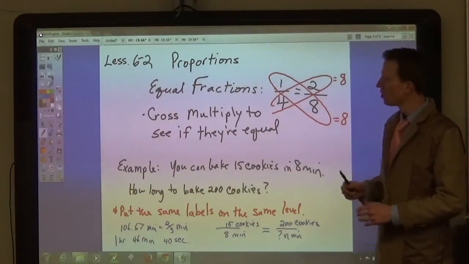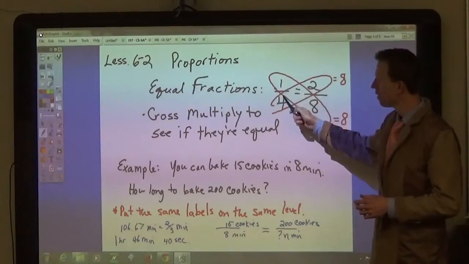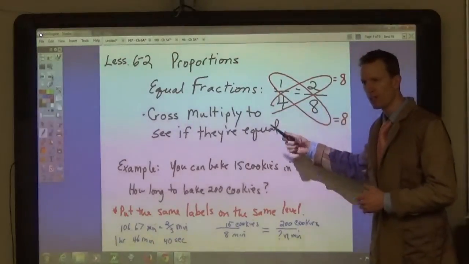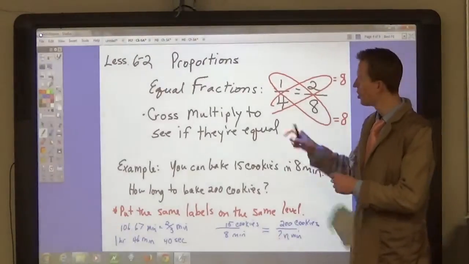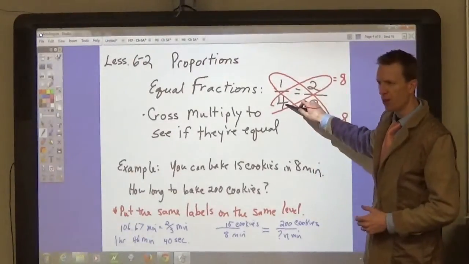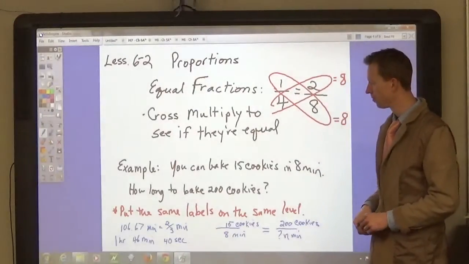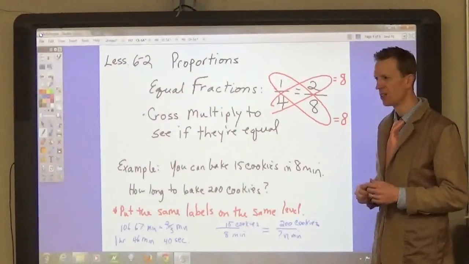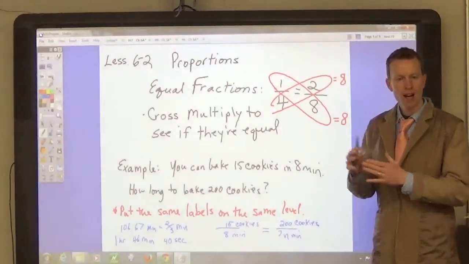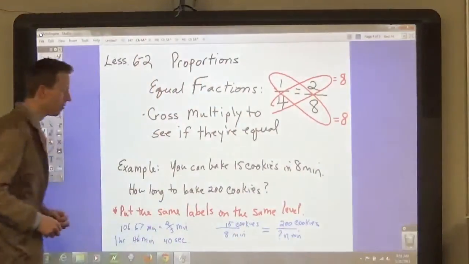Now, you can use this concept then, if you know what a rate is. We've been talking about rates and unit rates. A ratio of an amount to another amount, or an amount over time, for example. You can use this concept of proportions to find the missing amount. Okay? For example,